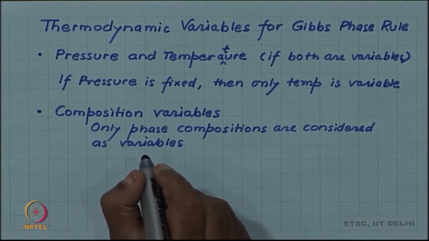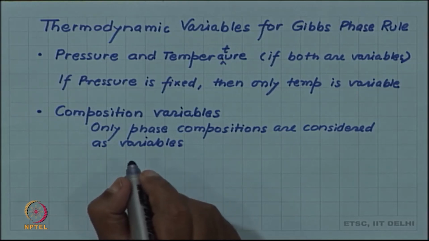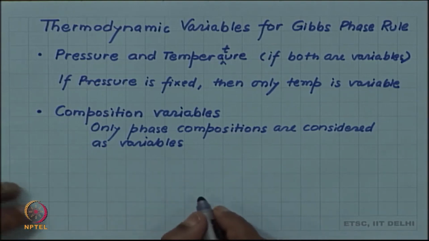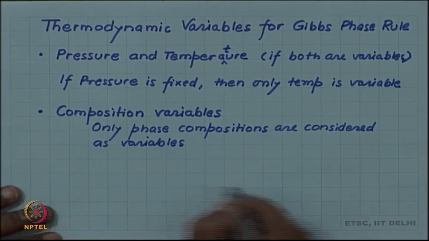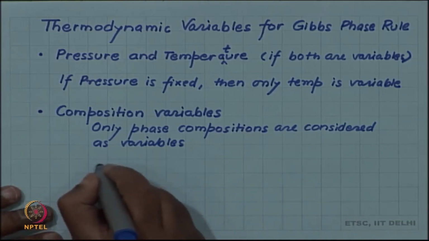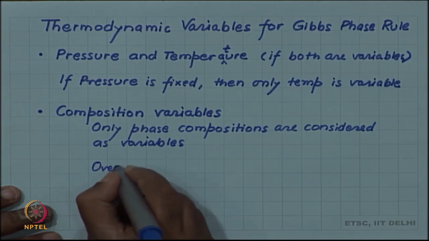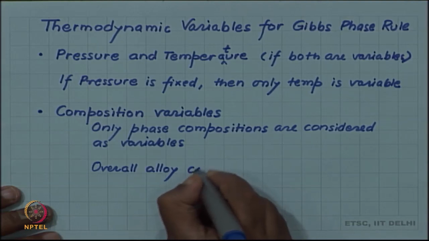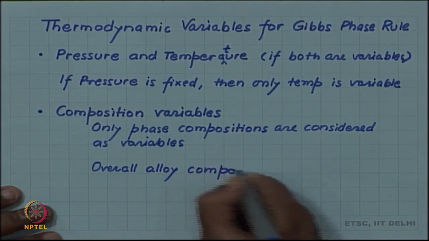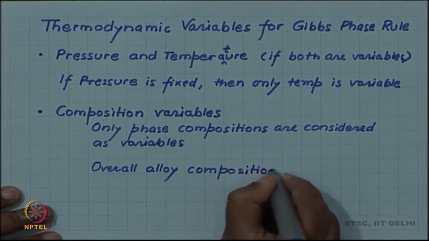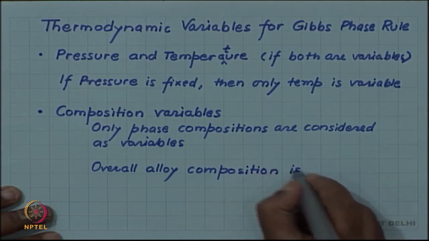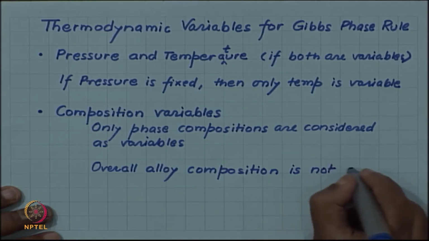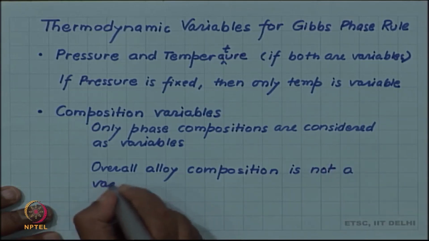Overall alloy composition, another composition which is relevant in the phase diagram as we have seen, is the alloy composition. But overall alloy composition is not considered as a variable